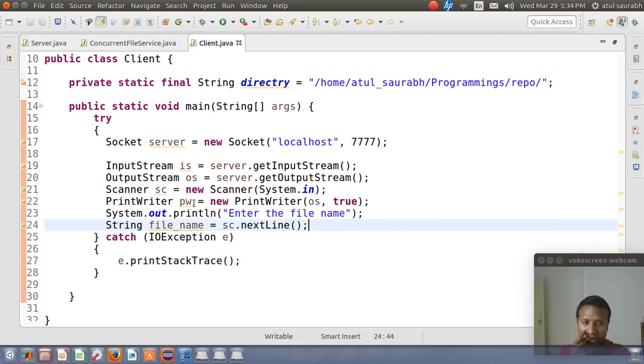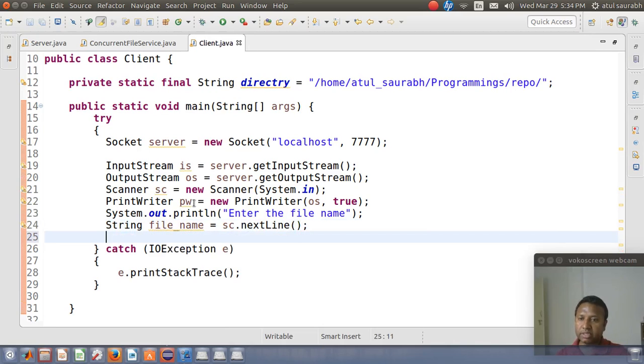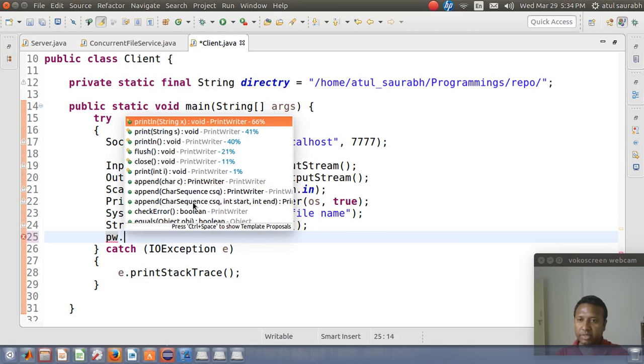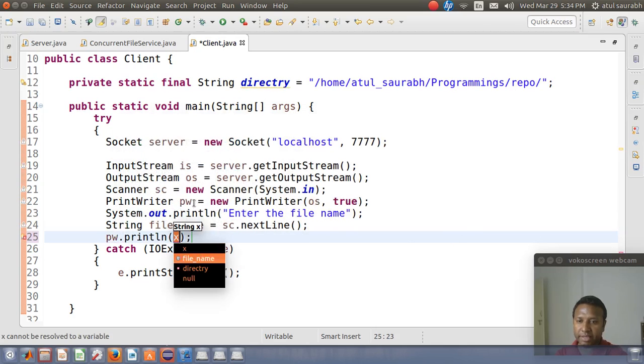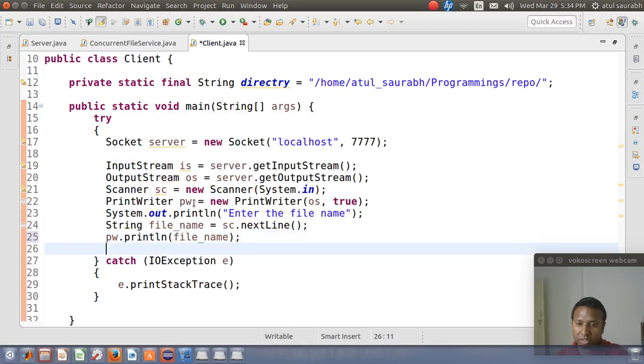So the file name is retrieved by the client. Then by using this pw, it will send the file name to the server. Now if the file is available, the server starts sending the content of the file.